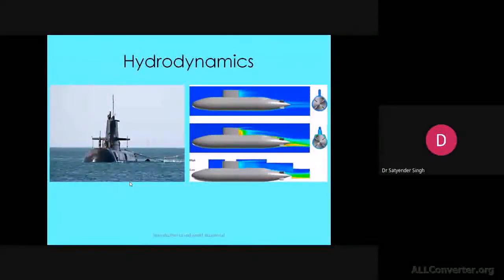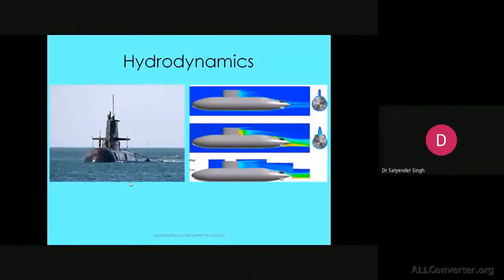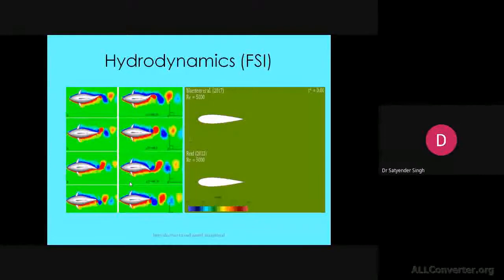Apart from this we have hydrodynamics, submarines and ships. For that also we can carry out our CFD solutions. From there, we can see how much drag reduction there will be, because obviously the surfaces have to make contact with the water. There will be drag on the surfaces, so the shape must be completely hydrodynamic. We have that sense already from airfoil shapes, and the motivation is from the fishes.